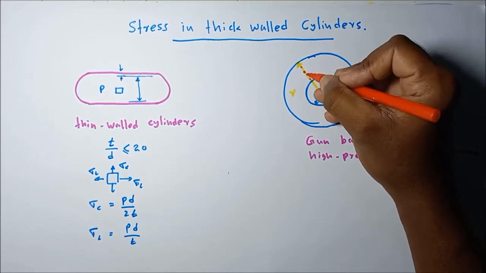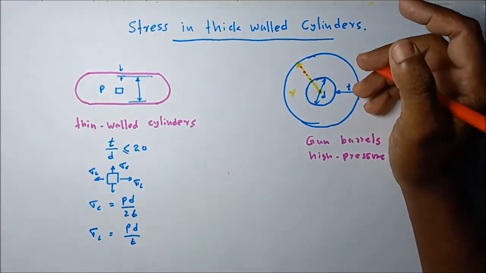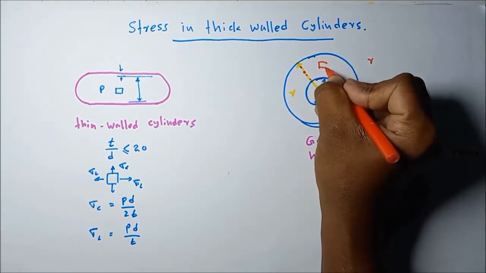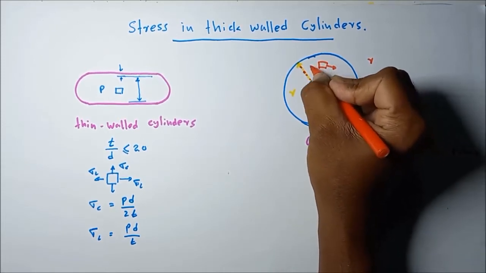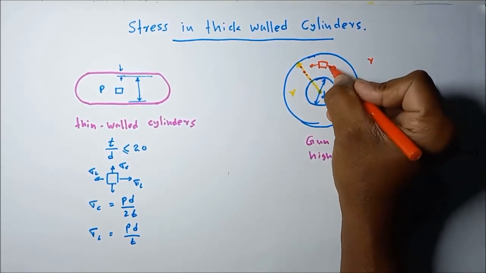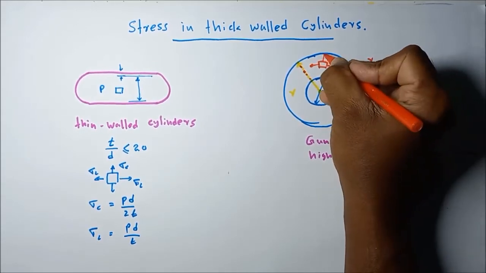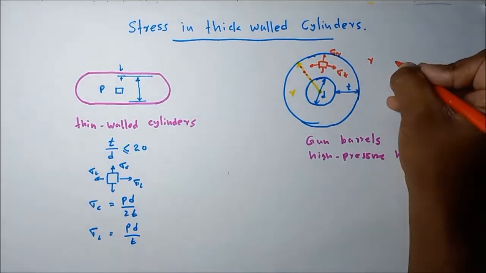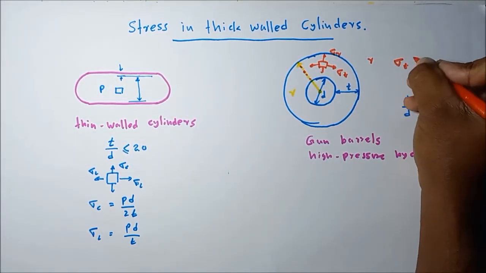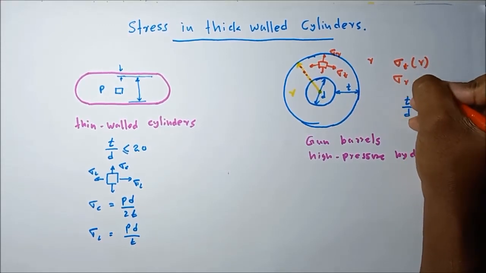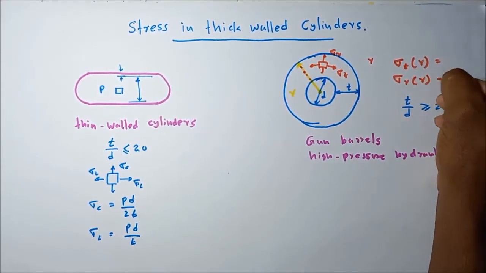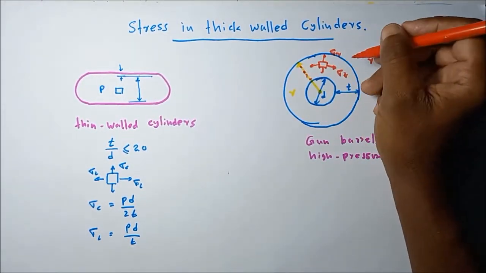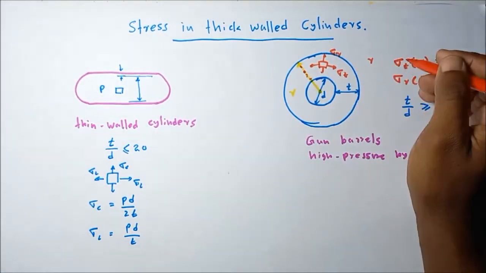Okay, in each and every radial point the stress is varying. Here we can identify two different stresses developed on this cross-sectional plane: in this direction the sigma t, and in the radial direction the sigma r. Both sigma t and sigma r are functions of r. That means from point to point, sigma t and sigma r vary with the